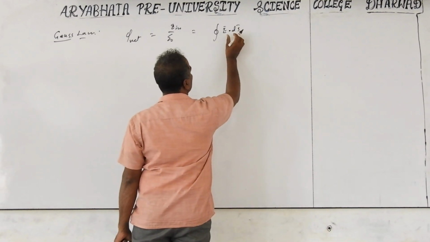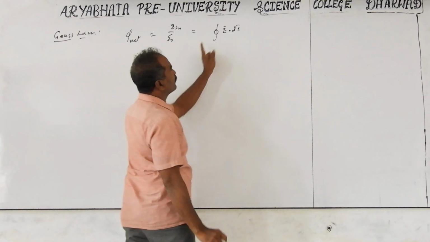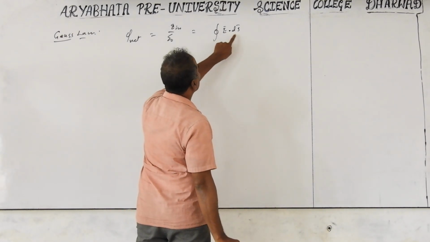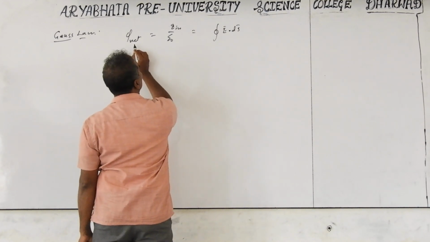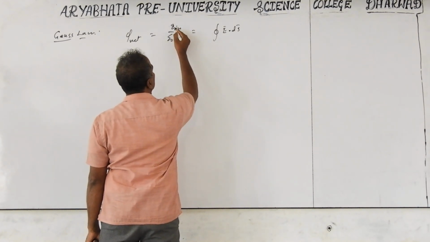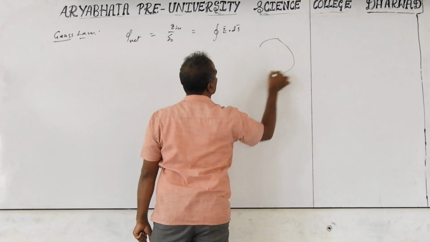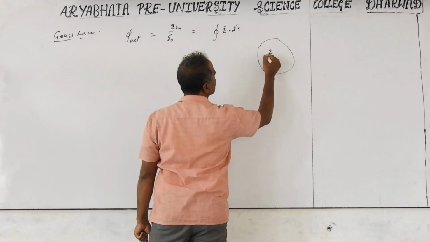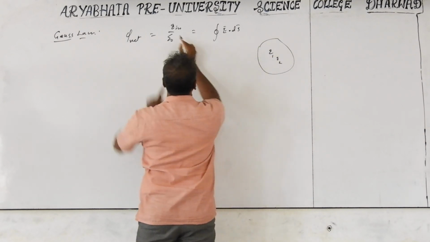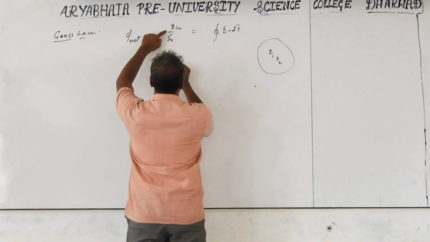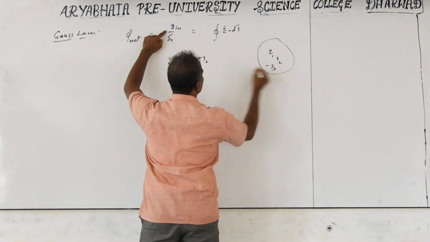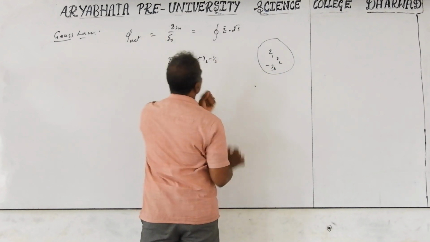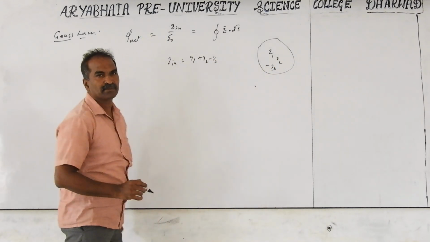So if we add up the small areas to get the total area, what we get is related to the right-hand part of the equation. The left side is the net flux, and the right side is the charge inside the closed surface. You take the closed surface, and any charges present inside, Q1, Q2, etc., you take as Q in. Q in is equal to Q1 plus Q2, and if there is a minus, Q3 is minus Q3. Plus means plus, minus means minus, algebraic sum again.